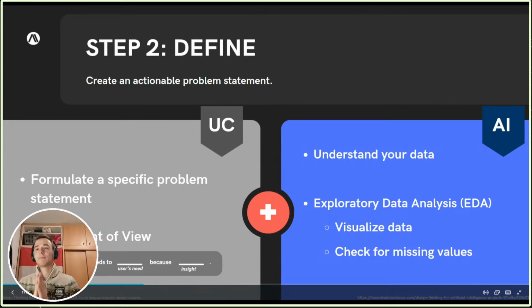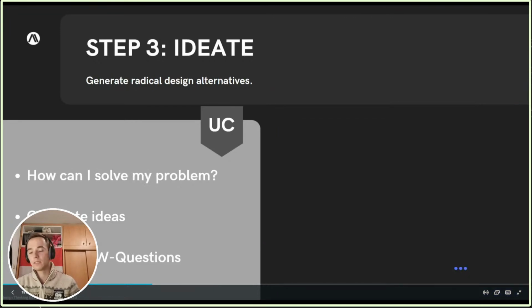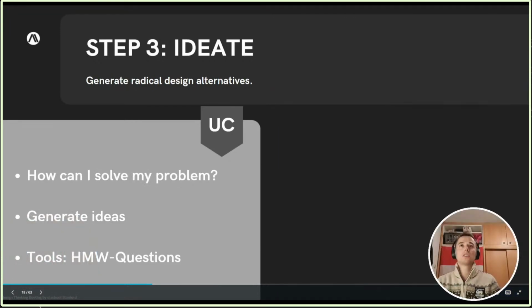So in the define step, we will be trying to analyze the data we have and to understand it, meaning we will try to visualize it and we will check for missing values, because normally in practice, you always have incomplete data. You always have to check what kind of data you have. And this leads us to our third step, which is the ideation step. So we're moving from the problem space into the solution space, meaning, again, taking the farmer as